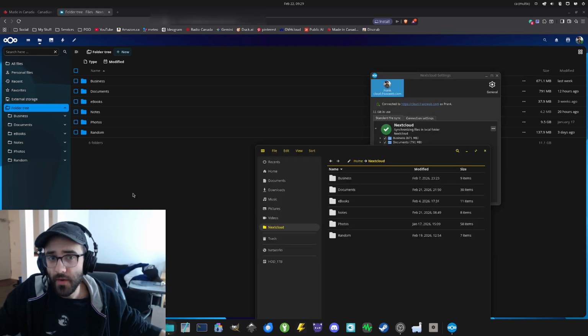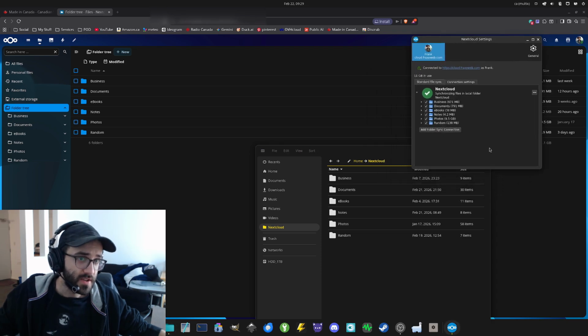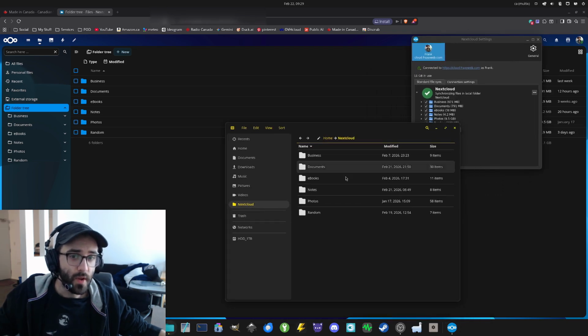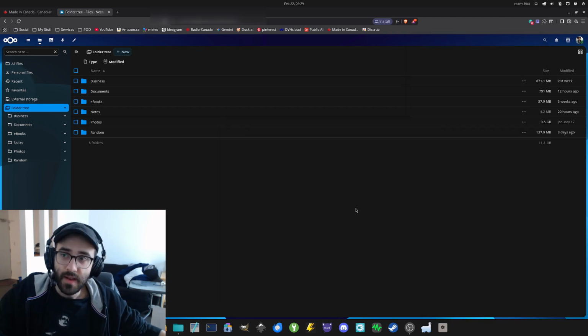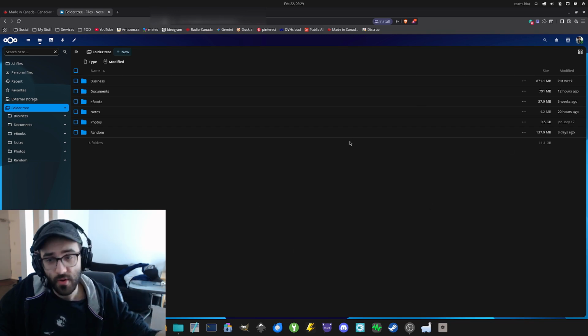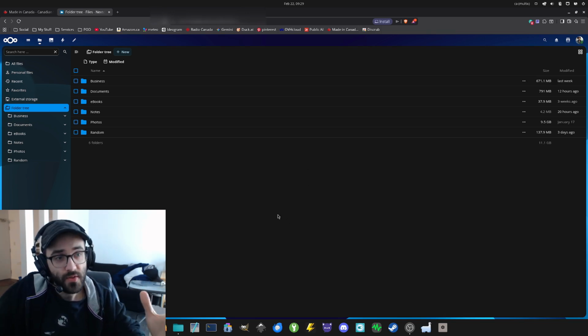And so here I obviously have the website, but there's also the computer application that you can use. That way you can have your folders and your drive on your computer. As you can see right here, this is my Nextcloud folder on my computer. And I think Nextcloud is so versatile. In my case, I just use Nextcloud for my files, for my storage, but Nextcloud is so much more than that because the whole point is to replace the whole ecosystem of Google and Microsoft.